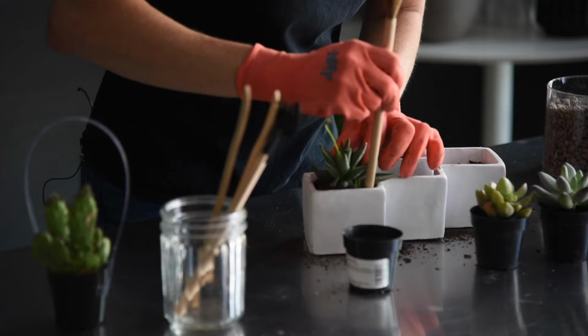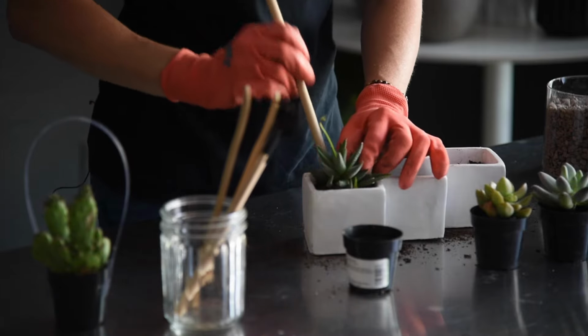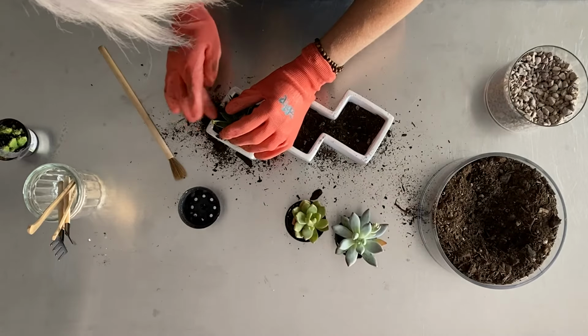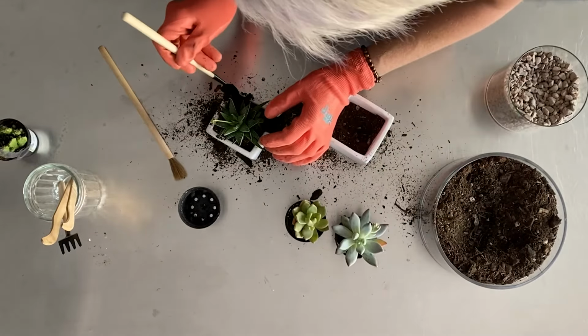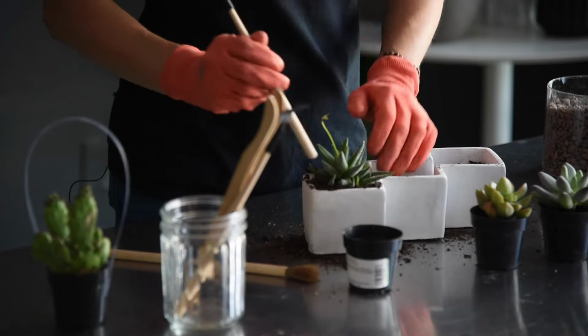But I just go and I kind of break the top of the soil around the succulent so that it falls into the container. And then you're just going to push a little bit more soil in around the sides. There's this tiny little shovel guy, which is handy for that. You can get little bits of dirt, push them in, and you're just going to keep filling around each one,